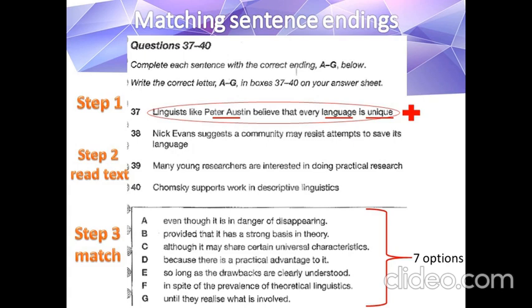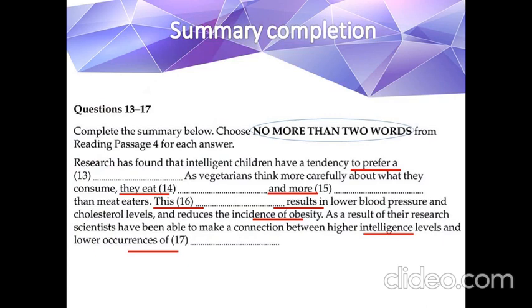Step 3, you need to match with the options. And again, as you see, we have only 4 questions but 7 options, which is usual in IELTS. You have more options than the questions. Summary completion. Also, the instruction is written like: write no more than 1, 2, or 3 words or a